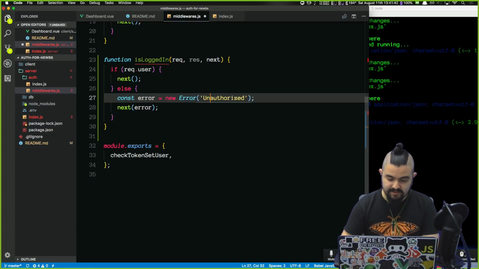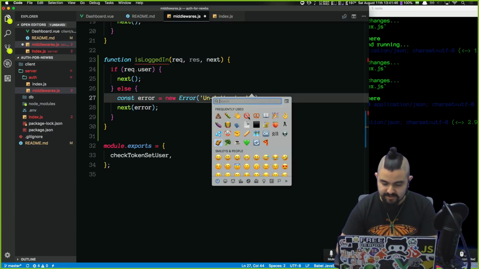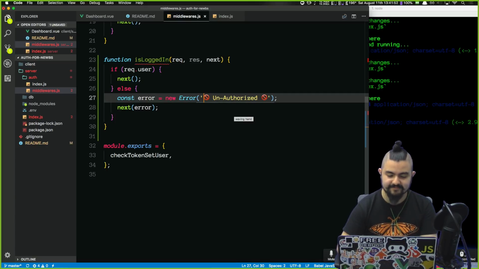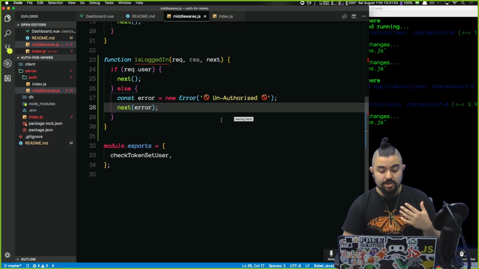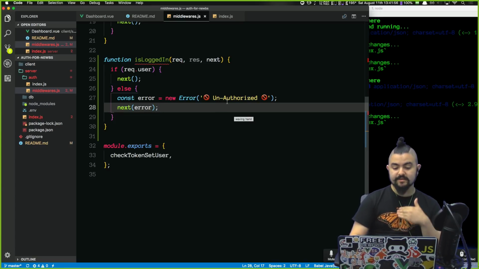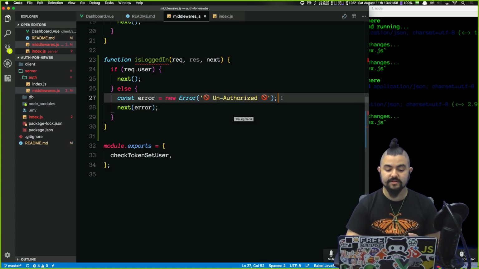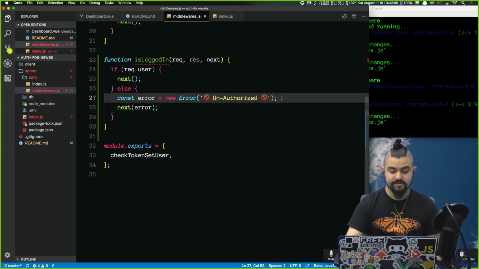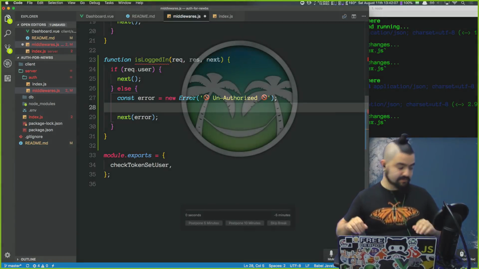Cool. So I'm just going to capitalize this, do that, and then add a nice little emoji here, like you cannot enter. Let's do it right here too. The only thing is, instead of just sending the error, we also want to set this to be a 401 status code. So right here,